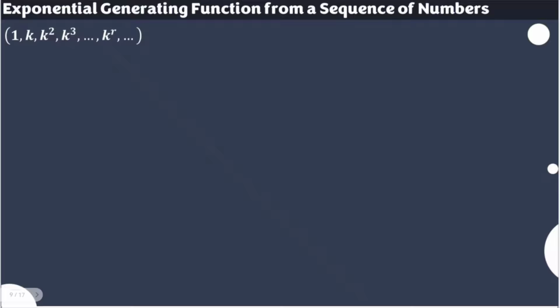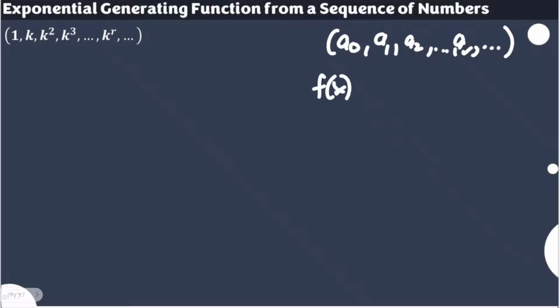Let's come up with a power series form of this given sequence of numbers following the idea of the exponential generating function. Again, we are going to express this into an exponential generating function of the original form. Say, for example, if we have terms a sub 0, a sub 1, a sub 2, until a sub r in our sequence and so on and so forth, we can actually write this as a function, exponential generating